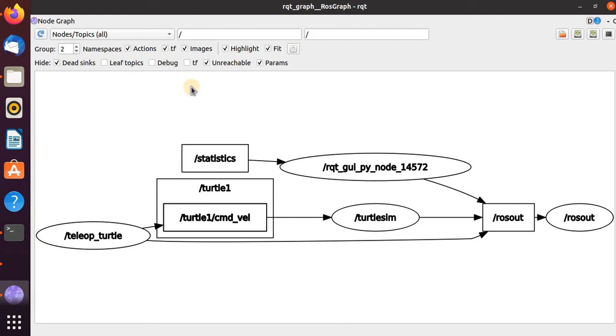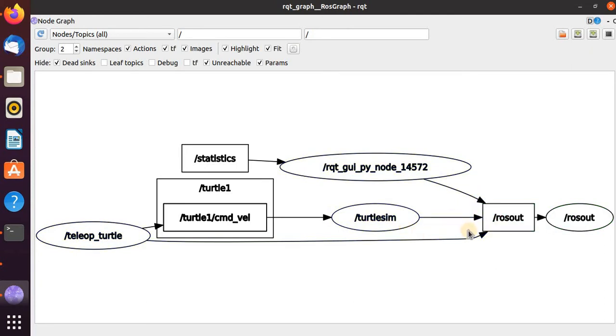So here you can see that the graph gets more complicated. Here we have our teleop_turtle node, then we have a topic, and then we have a second node that displays the turtle. And these other nodes are the actual ROS nodes that are used for